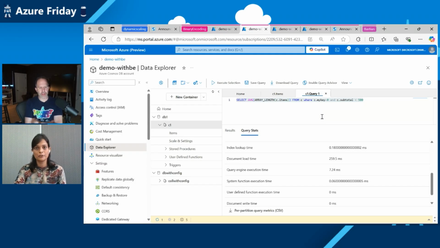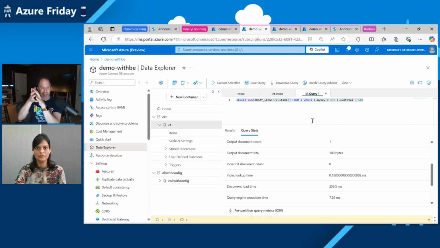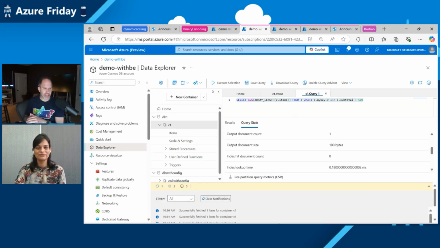That makes a lot of sense. So it's those nested objects, those deep graphs, they're going to see a benefit, and the larger, flatter ones will see less benefit. Exactly. So these were the two demos which I wanted to show, one on the storage optimization and the other on the query optimization that binary encoding brings in.